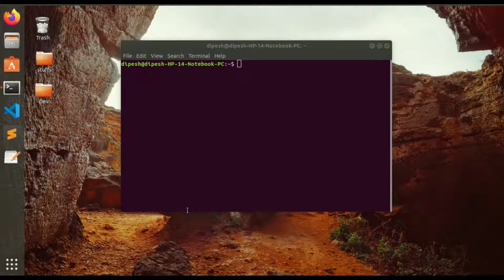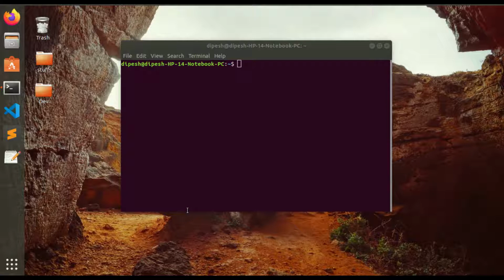At first, before building the Django application, you need a virtual environment so that we can build the application inside that virtual environment. If you don't know how to create and install a virtual environment, I've made a separate video for this. The link will be in the description below. You should look at that video to get the information about how to install the virtual environment.